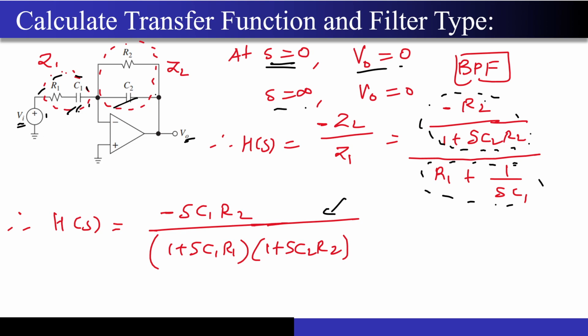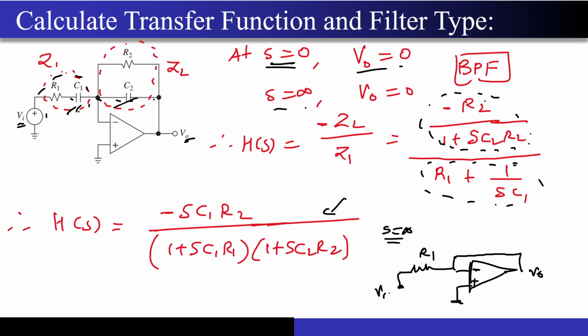If I put S equal to infinity, this capacitor will act as a short circuit. Even this is going to act as a short circuit. Correct? Let me draw a circuit for S equal to infinity, that will explain it in a much better manner. This is connected to the ground, since C2 is short circuited. Correct? This is how my Vout will look now. And I'm not drawing R2 because this is already a short circuit. Now, what is the sense of drawing R2 over here? Correct? So now I have to draw R1. Correct? And this is my Vin.